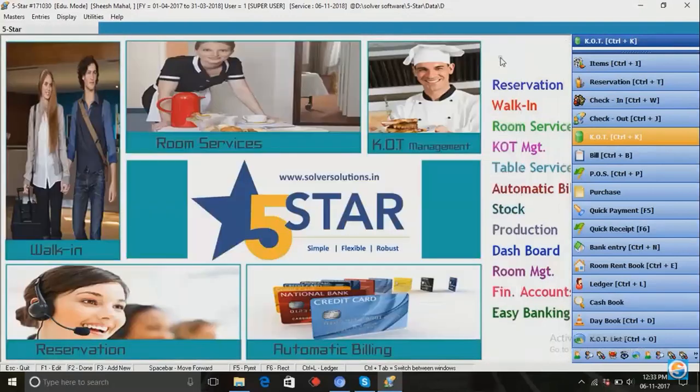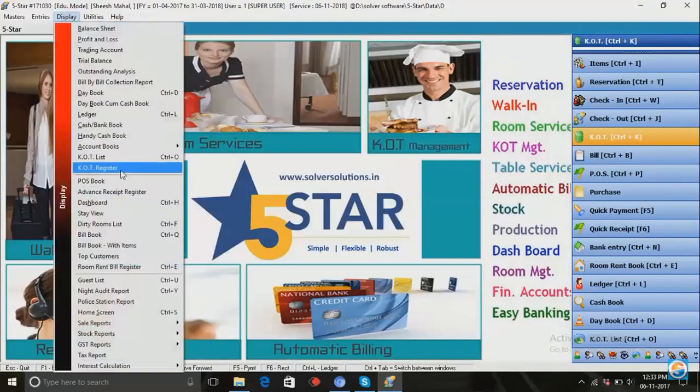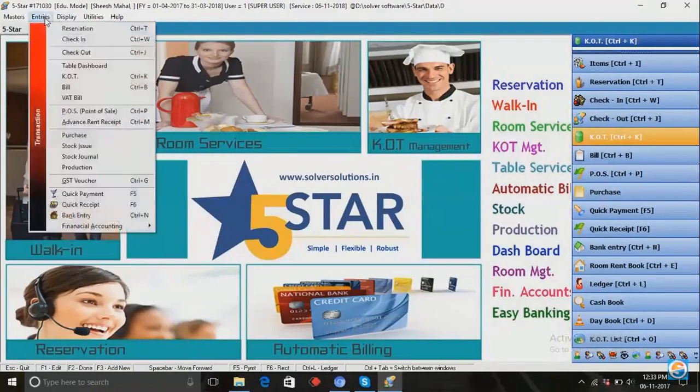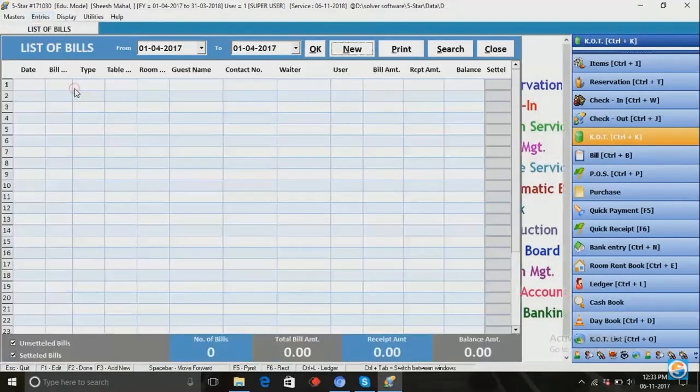तो अभी हम इसको क्लोज़ कर देंगे। इसके अलावा डिस्प्ले में आप KOT रजिस्टर भी चेक कर सकते हो, सारी डिटेल इसमें भी आ जाएगी। तो अभी हमने KOT की एंट्री की है, अभी हम बिल बनाएंगे। तो बिल बनाने के लिए फिर से हमने एंट्री में आके बिल पे क्लिक करना है।